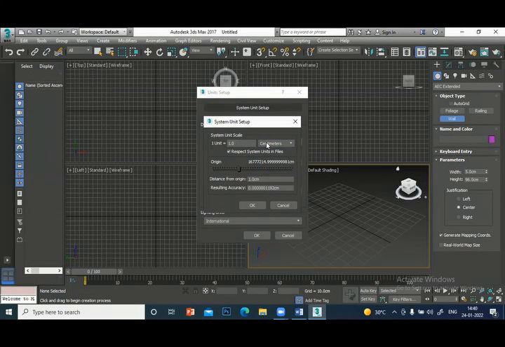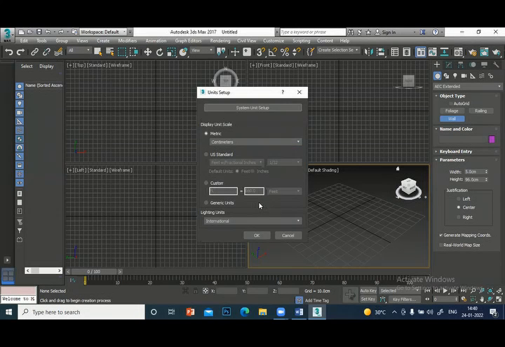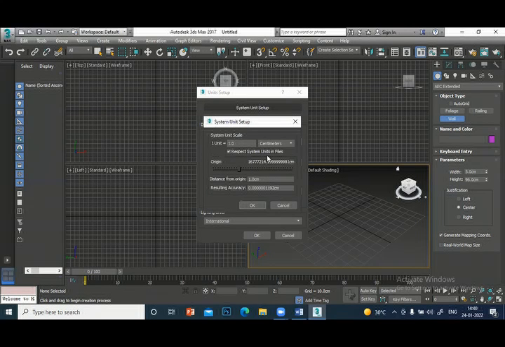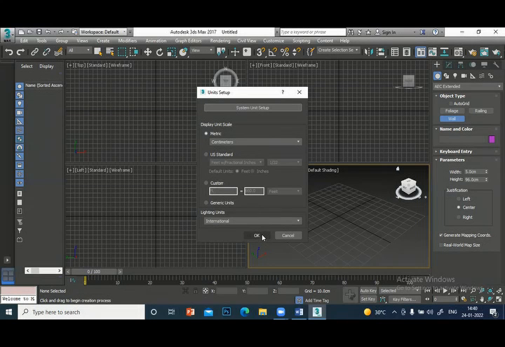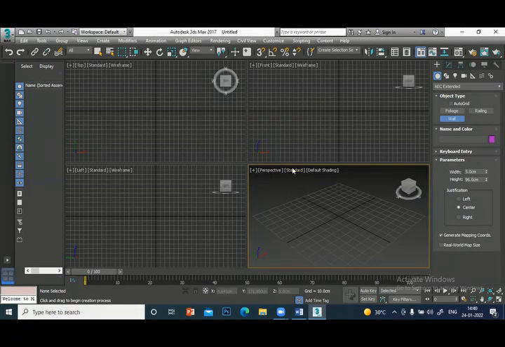So I'm going to use centimeters. So here, metric, I have shown centimeter. This is the display unit, so every measurement will show cm. And this is the actual conversion factor: 1 unit is equal to 1 centimeter. Now, whatever you type, it will show you centimeters here. You can see that already 5 centimeters, 96 centimeters, something like that is there.